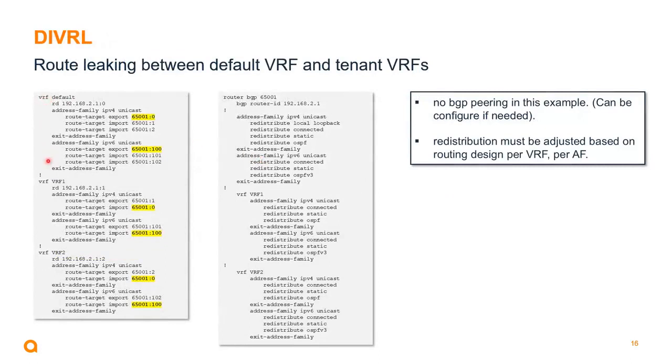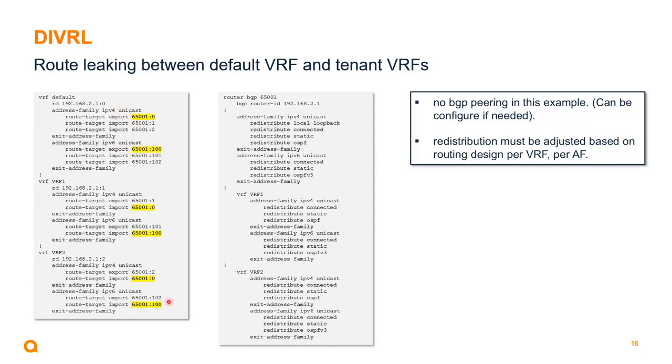This is an extract of a configuration that has a proposal. So this is the default VRF, VRF1 tenant VRF1, VRF2 tenant VRF2. This is an example of setting an export route target value for the IPv4 address family. That is a :0, for instance, AS number with :0, and then importing the :1 and :2, which are defined for VRF1 and VRF2. And similarly for IPv6, where I'm using a different route target value.